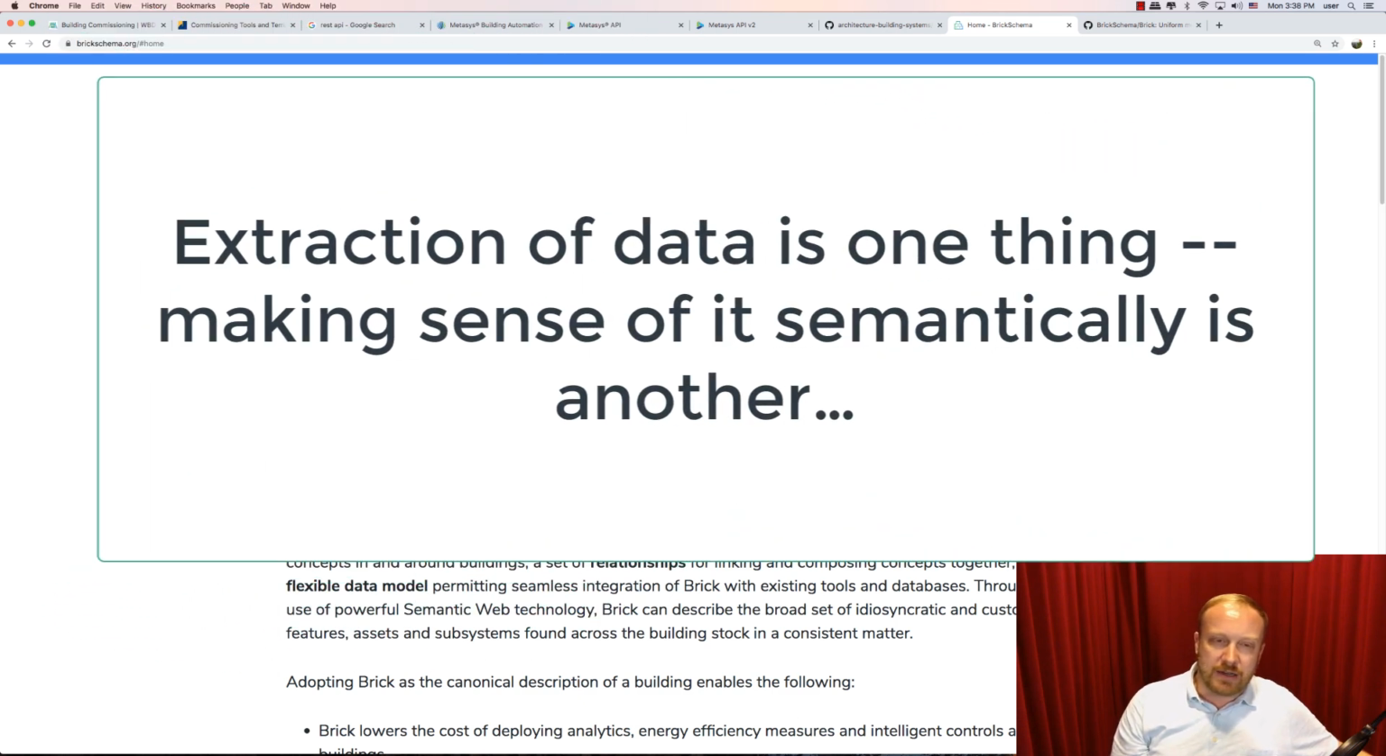So I talked a little bit about extracting data from building automation and building management systems. And that's great. You can automate that. You can use Python to do that automation. However, if you've ever worked in buildings or building automation systems, you know that you can extract all kinds